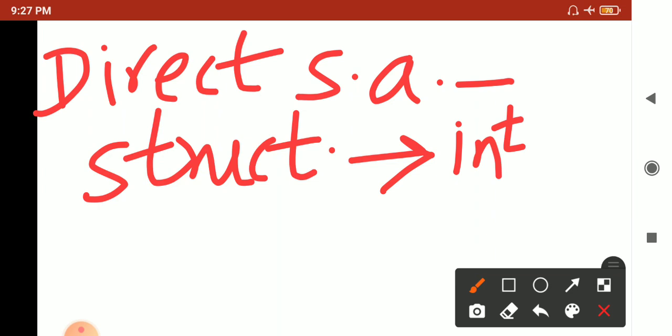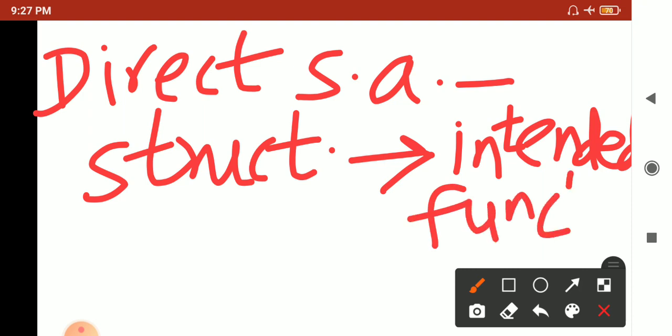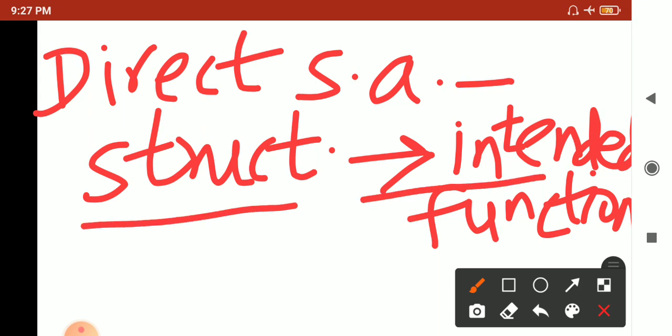Intended means implied. Intended function. So when there is a direct relationship between the structure of the sentence and its intended function, then it's direct speech act. But when the relation is not straightforward, then it is indirect speech act. For example,